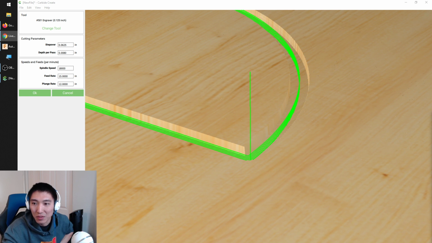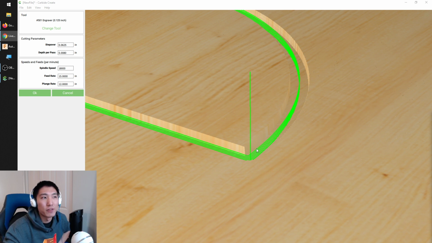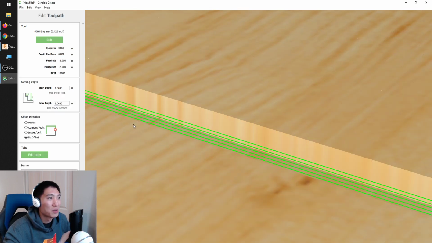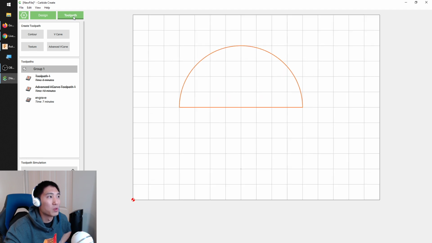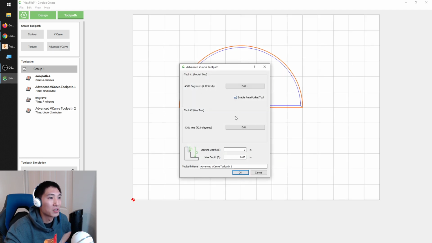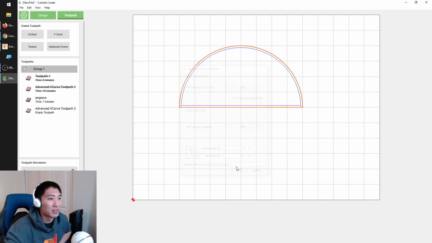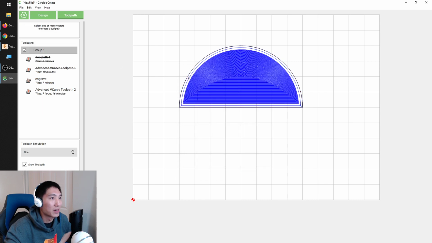How do you do V-carve inlay with the new Carbide Motion? So that's not officially supported yet. If you want to figure out how to do it, you're welcome to. But right now, the toolpath is just designed to create a pocket. So if you want to create an advanced V-carve in this area, you're going to come up with a toolpath that looks like